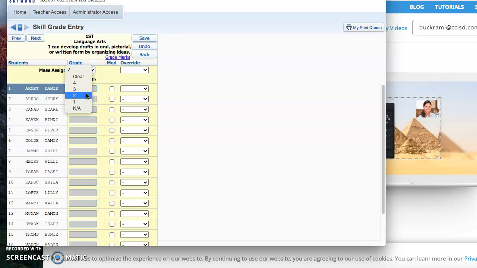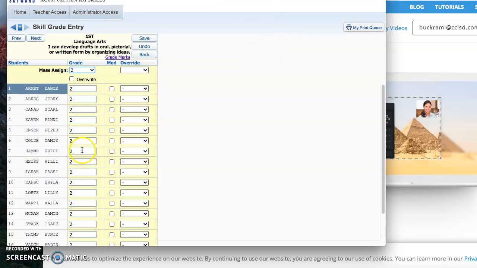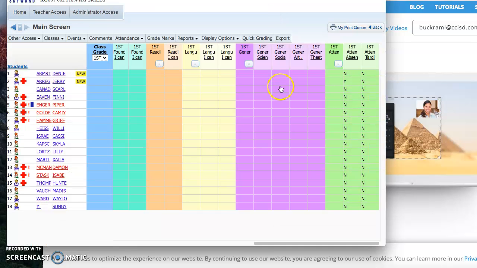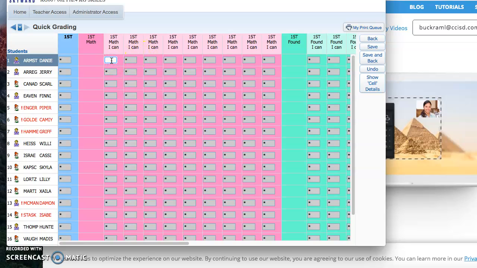If the majority of your kids are getting twos in this, you can mass assign that. And if you need to change one of them to a one, you can change one to a one, or if they need a three. This is so much quicker than when we would do the quick grading, where we had to come in and type down every single one, and then it got kind of crazy. So this way is just a little bit quicker